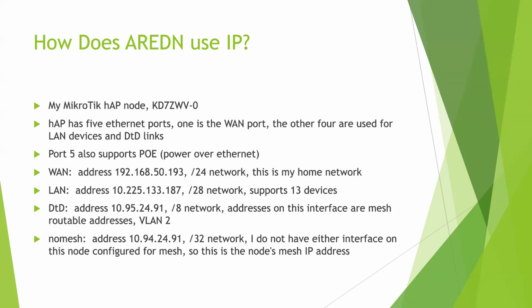Now, the way the VLANs work is VLAN 2 is always the DTD VLAN. Okay. So if I have my LDF5 and it only has one physical port on it, that port can be both; it can be WAN, it can be LAN, and it can be DTD. It depends on the VLAN tagging coming off of that port. Anything that's untagged is going to be LAN. So if I plug some device that doesn't know anything about VLANs into it, it's going to appear as a LAN device. So when you first configure your AREDN node and you plug your laptop into it, it's coming up on the LAN, and you'll get a LAN IP address, and then you can talk to the node through that.